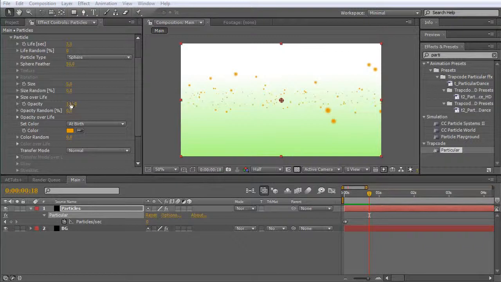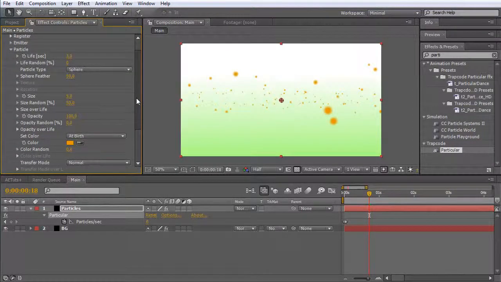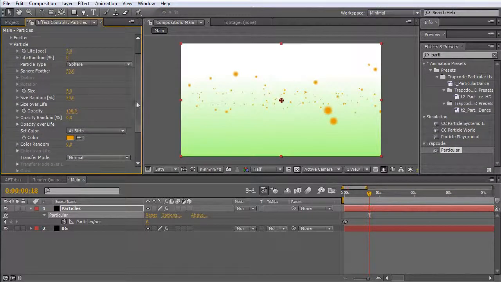If you want, you can add some randomness for the size, for example, 50% randomness, so you can see all the particles haven't the same size anymore. It's quite better, and we can do the same with the opacity. Okay, so now